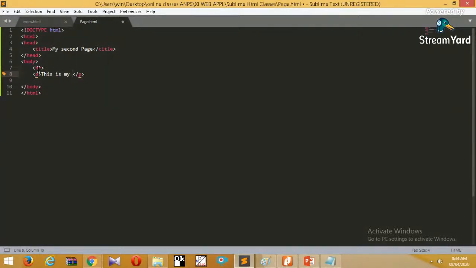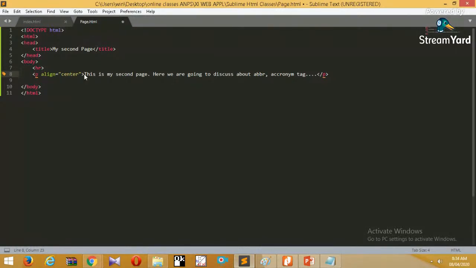This is my second page. Here we are going to discuss the ABBR tag, abbreviation tag, and acronym tag. This type of few tags we are going to discuss. Also, a few attributes you can use, just like with P you can use the align attribute. By default align is left, you can change it to center. After the P tag, just like another tag we have used,